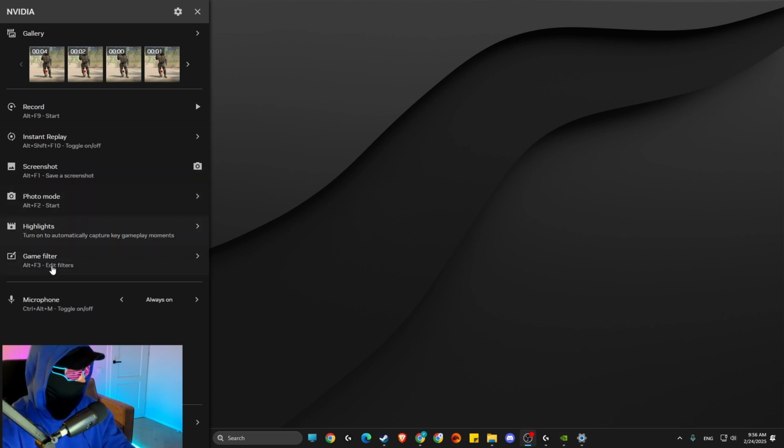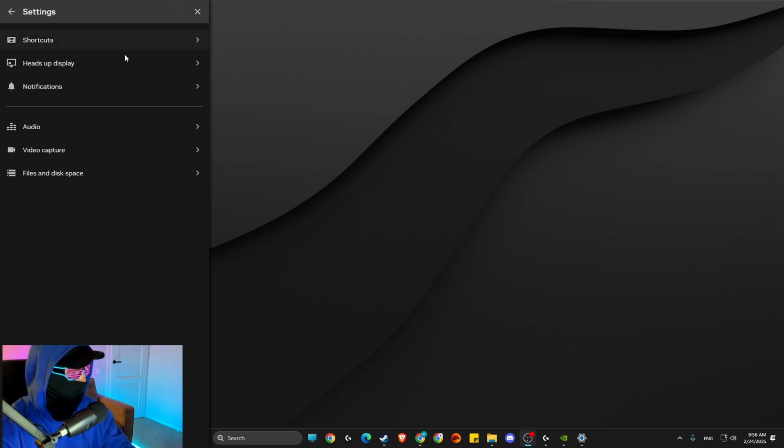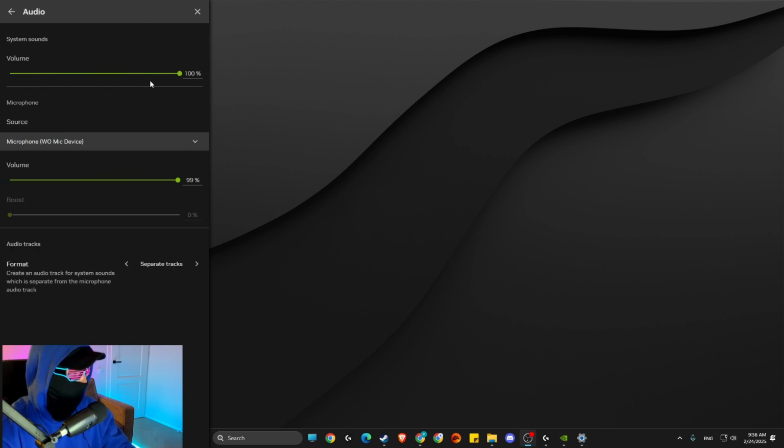Then what we need to do here, make sure that microphone is push to talk or always on but not off. Then what we need to do here is to press on settings, then make sure to go to audio, make sure volume is not muted here, and this is important, make sure format is not single track but separate tracks,